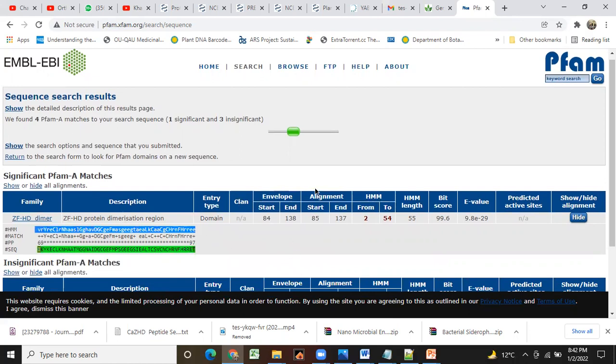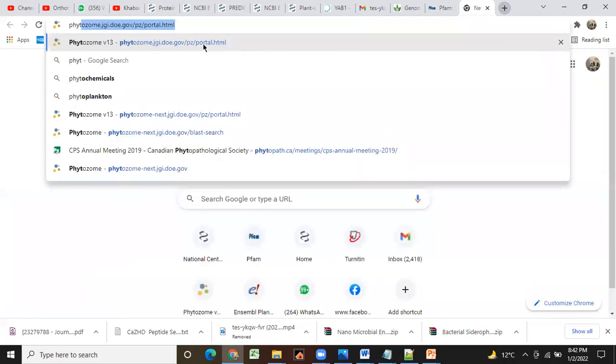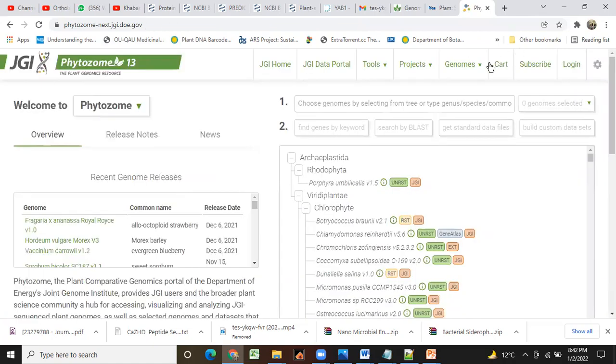ZHD dimer domain. Okay, and then I will use the phytosome to download the tomato sequences. Okay, sir. And you will do the same here.